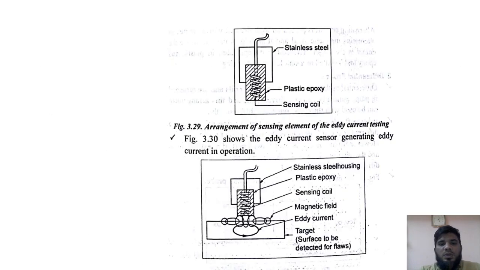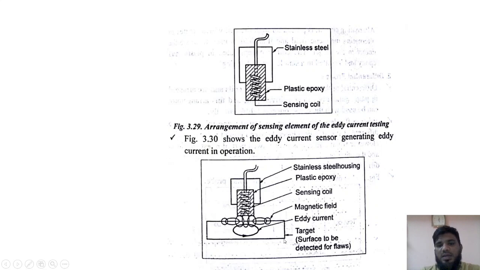Okay, so in this we have a plastic epoxy and a stainless steel rod. This is a setup of an eddy current testing arrangement. This is a probe. In this there is a coil which we connect to an external device, that is an AC current source, to which we are sending some amount of current. The plastic epoxy is used so that the magnetic field is allowed to flow only in a particular direction, because plastic is a non-conductor of magnetic or electric field. So we use it to divert the magnetic field to a particular direction.